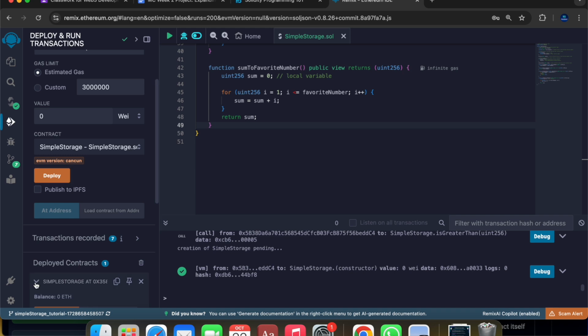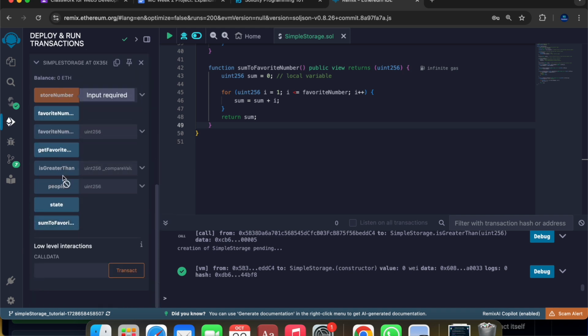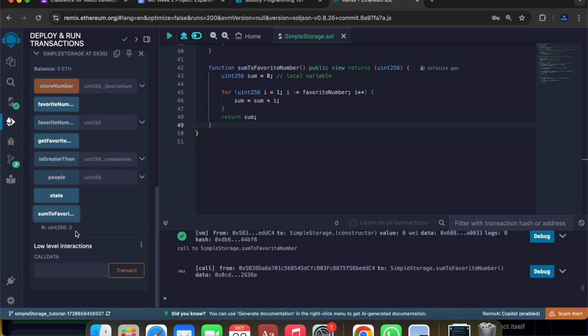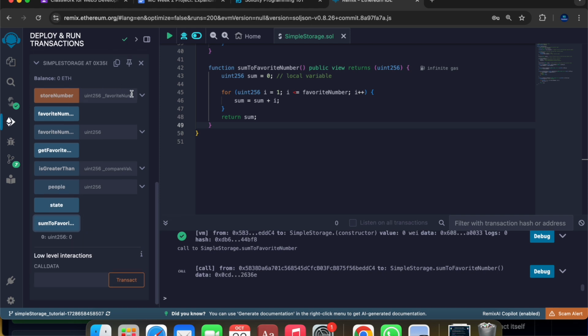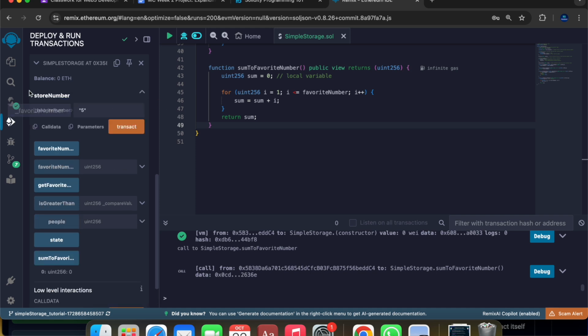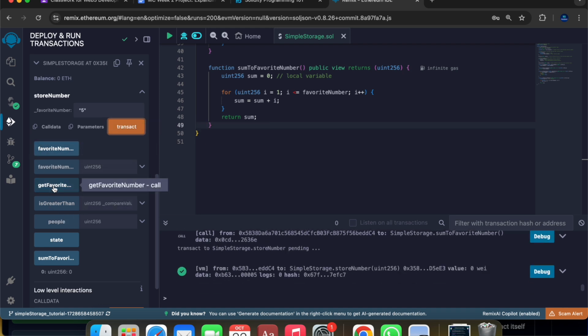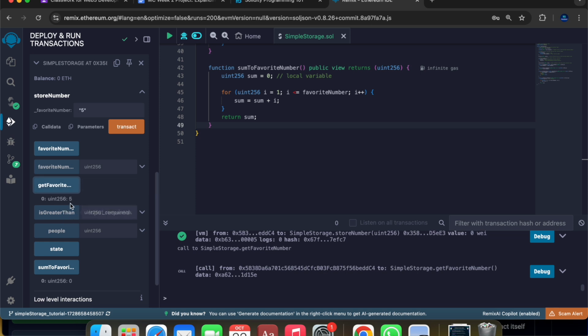So I just deployed. Let's check down to find the function. Sum to favorite number is here. Currently it returns 0 because we haven't stored any number into the favorite number variable. Let's store a number there. So I'm going to store 5. Let me transact it. You know how blockchain functions. So transact it. All right, so now if I click on get favorite number, the value of favorite number is